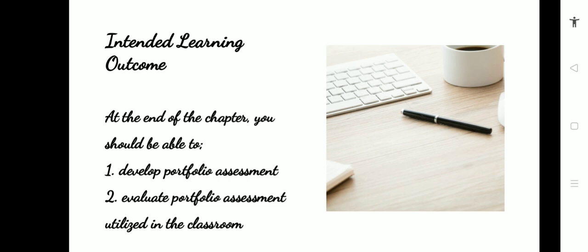This chapter describes the process of planning and implementing portfolio assessment in the classroom. In this chapter, we will clarify the steps in designing and evaluating portfolio. Throughout the discussion, we will know the general procedure that you may use in crafting and implementing portfolio assessment in the classroom. First, let's define what is